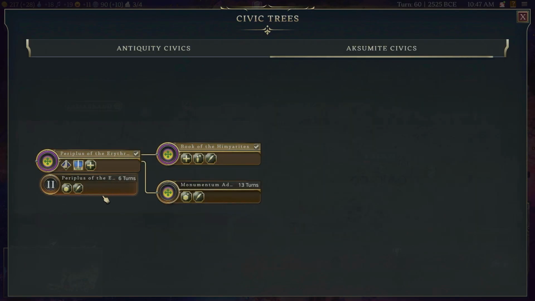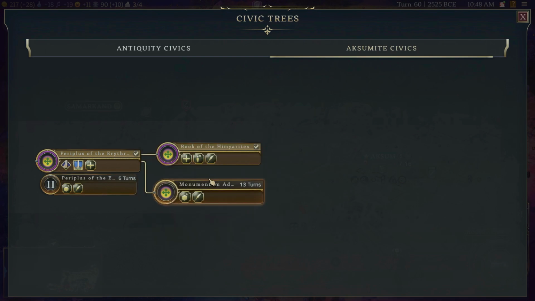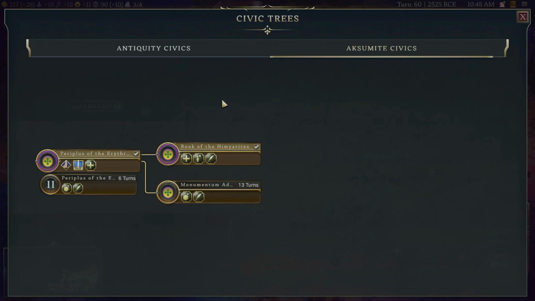What civics do we have here? Is this technically a mastery? So this is 1 gold on districts adjacent to the coast, 2 culture and gold for every active trade route, or culture and happiness buildings gain a culture adjacent with a Hawality. I'm really bad at these pronunciations, aren't I? Friend of my father's, 15% gold in the cities adjacent to the coast. That could also be pretty good. Or